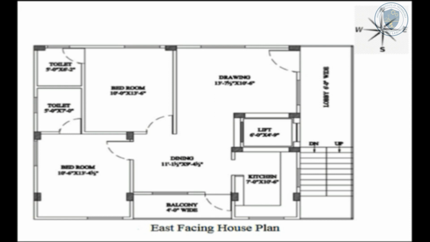The door for the children bedroom should be on the south side towards the southeast corner. The door for the master bedroom should be on the east side towards the northeast corner. The bathroom should be located at the northeast or towards the south. The main gate entrance should be at the northeast corner. The height of the compound wall should be more at the southwest corner when compared to all other sides.